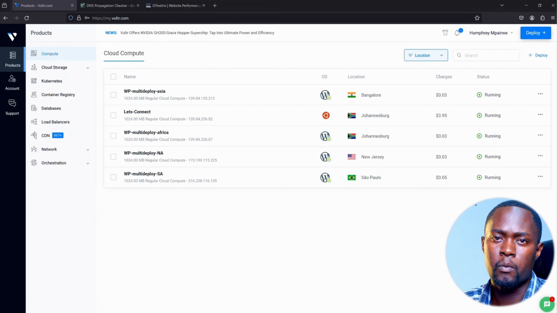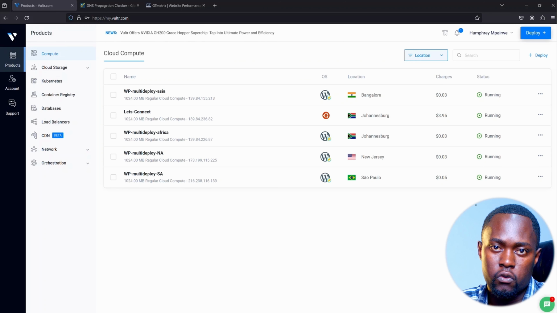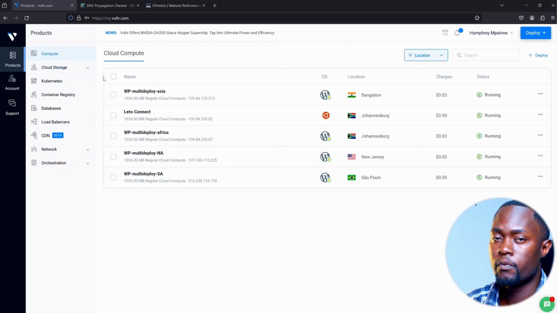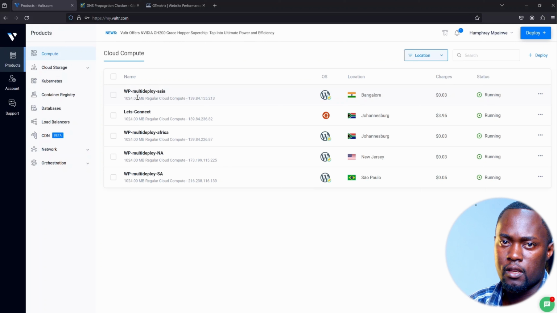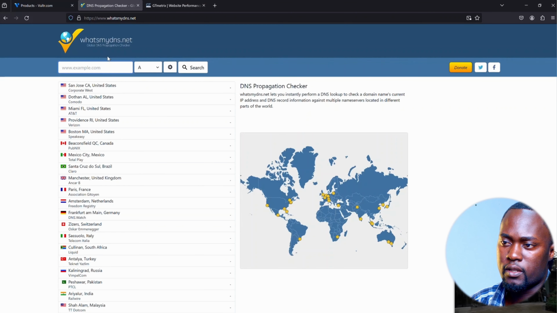So, in this demo, I have already deployed my WordPress servers that I'm using with GeoDNS. If you'd like to replicate this setup, please click the Vultr Docs resource link in the description of this video. And so, to verify that GeoDNS is enabled, let's go to a site such as